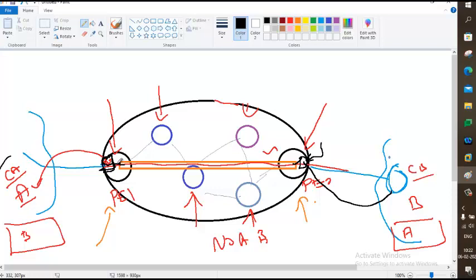Yes, they're all internal to the service provider. According to our traffic, the traffic going from this point is just going to be one hop. Okay. Got it.